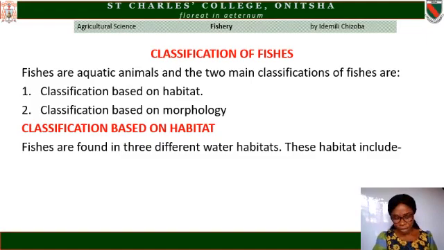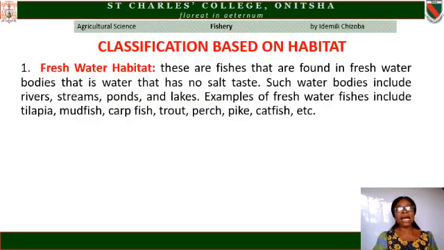Now, classification based on habitat. Fishes are found in 3 different water habitats. These habitats include 1. Freshwater habitat. These are fishes that are found in freshwater bodies. That is, those water bodies that has no salt taste. The water body that tastes just like the water we drink. We call them the freshwater bodies. Freshwater bodies include the rivers, the streams, the ponds, and lakes. Examples of freshwater fishes include the tilapia, the mudfish, the catfish, the trout, the perch, the pike, and